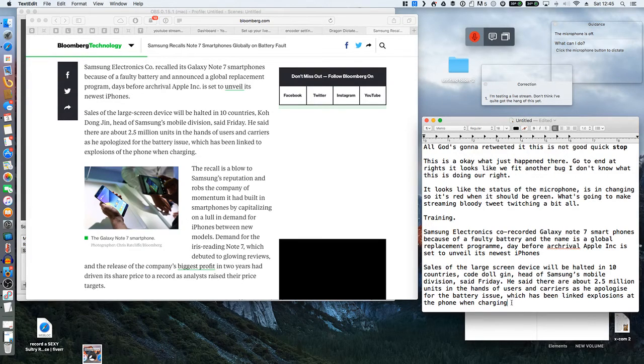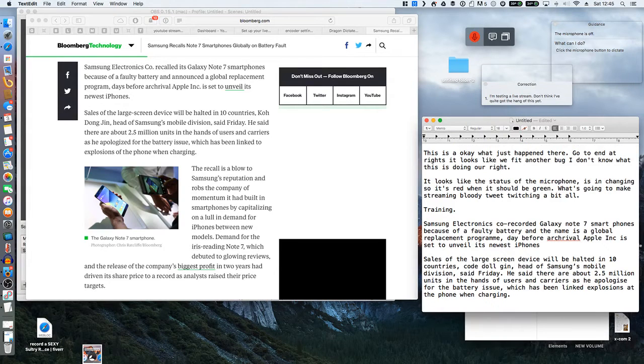Full stop. New paragraph. This is a blow. Select. No, scratch that. Scratch that. Delete. This is a blow. The recall is a blow to Samsung's reputation and robs the company of momentum it had built up in smartphones by capitalizing on a lull in demand for